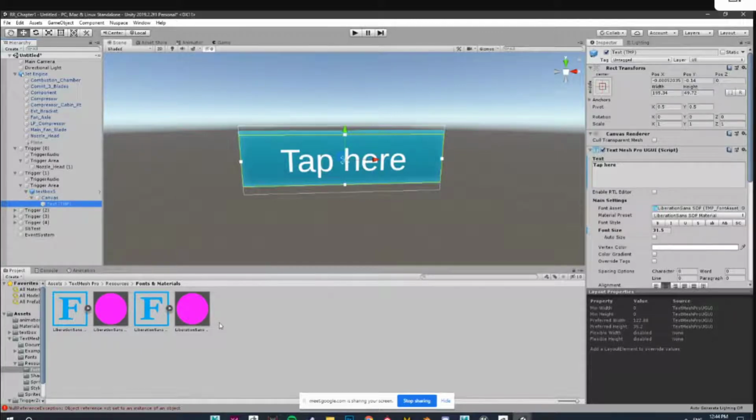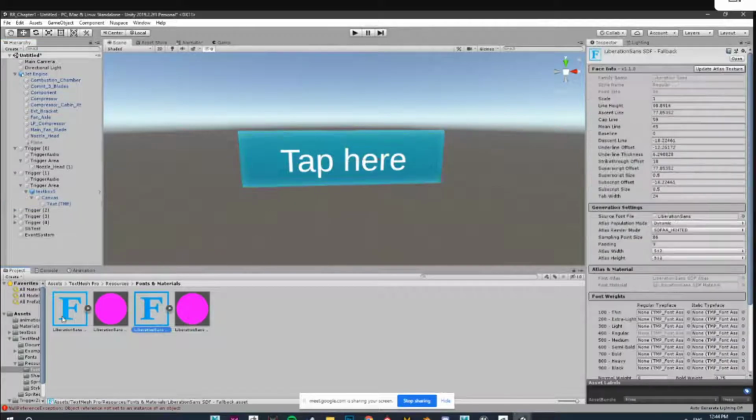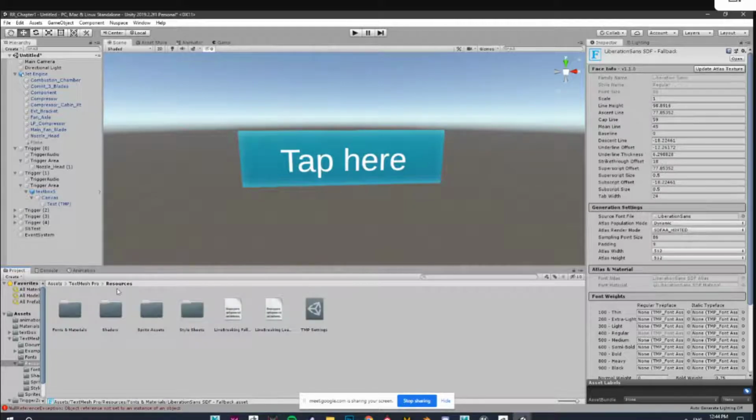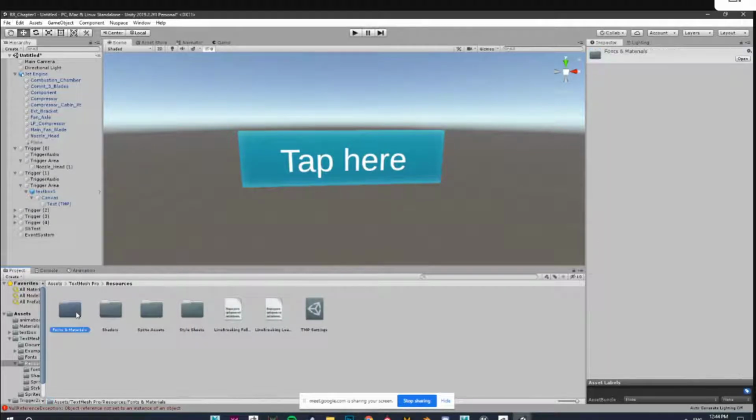When you install TextMesh Pro, it will already have two fonts. You can either use these two or add your own font assets, based on the project. You can always save them as well, right, Ankit? If you add more font assets, you can also save them. If you copy this font and materials in Resources, you can drag and drop them into your new project, and then it will work.